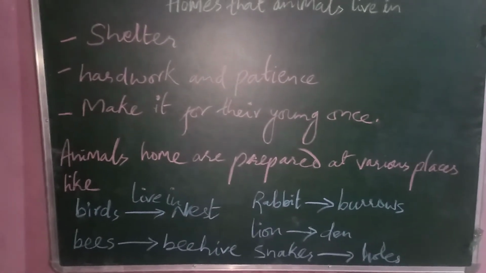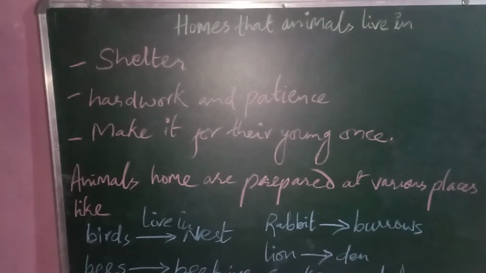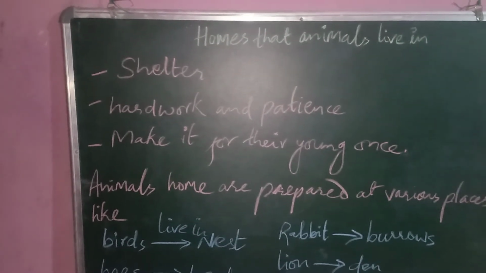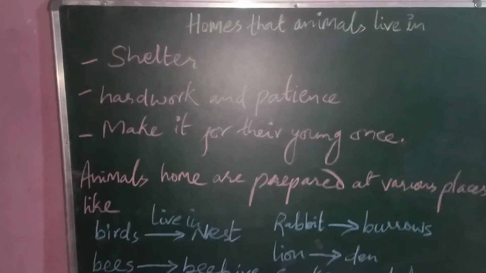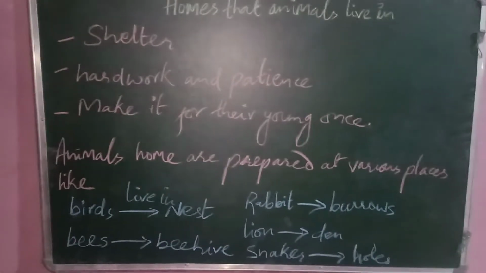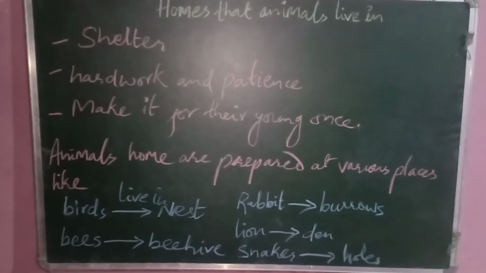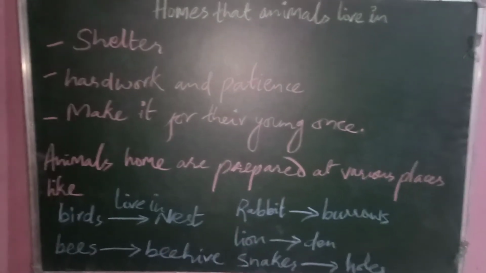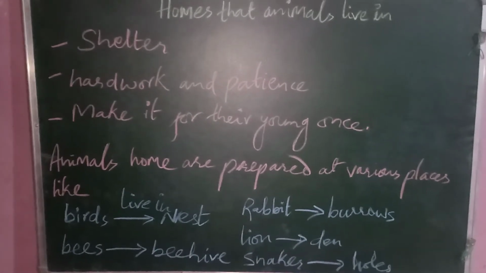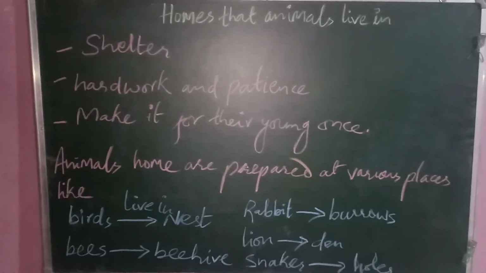Some animals live in hollows of trees and caves. Squirrels and owls sometimes live in hollow trees. Bears and tigers live in caves. Depending upon the animal, they live differently. If we take the example of a bird, it lives in a nest. Bees live in a beehive, and rabbits live in a burrow, and lions live in a den or caves,